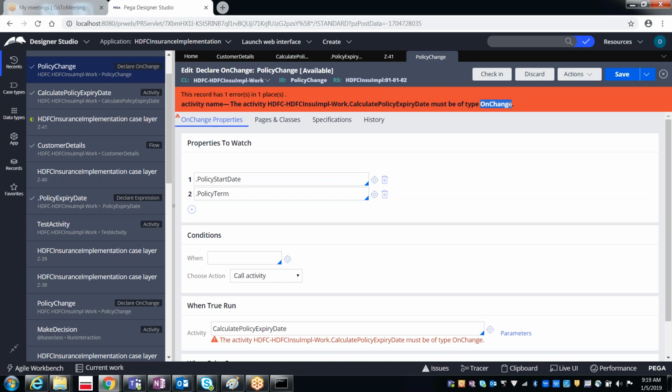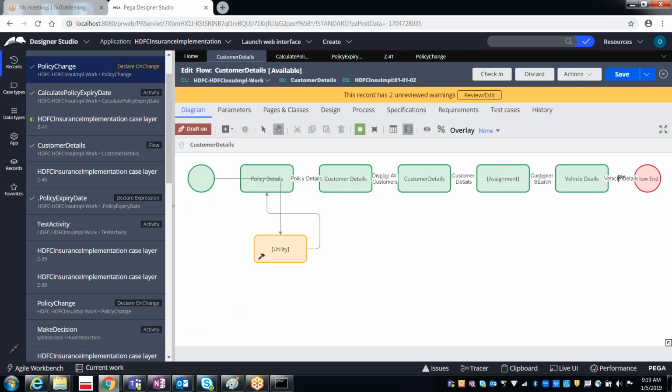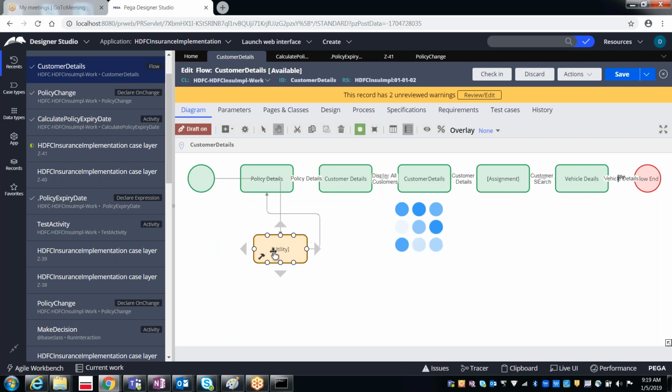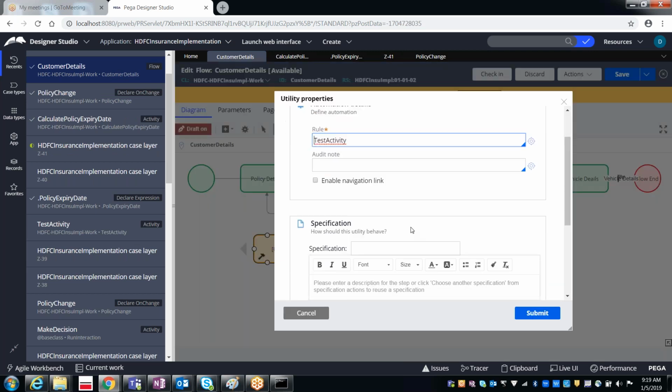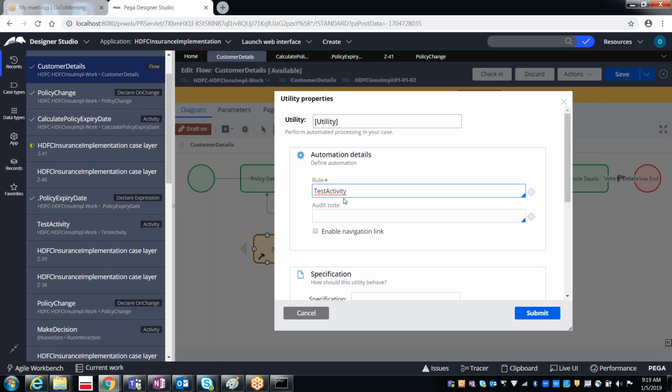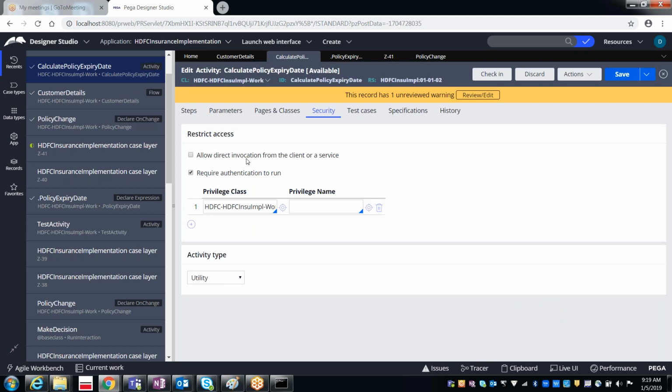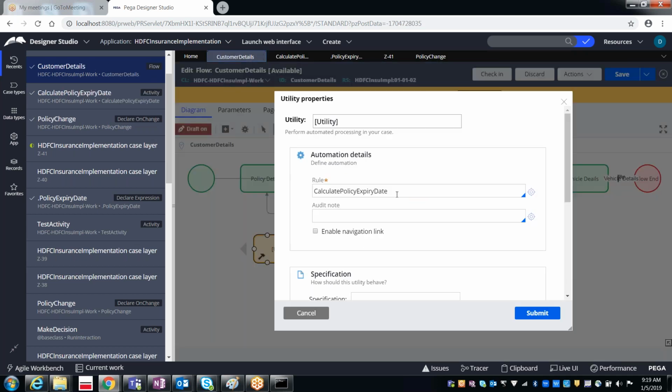And the same thing should be applicable even if you want to refer to the activity from a flow. As I said, if you want to refer to the activity from a flow, this should be of type utility. Here for example, what is our activity name? Calculate policy expiry date. As now I have given this as a utility, that is the reason why you are able to see it here.